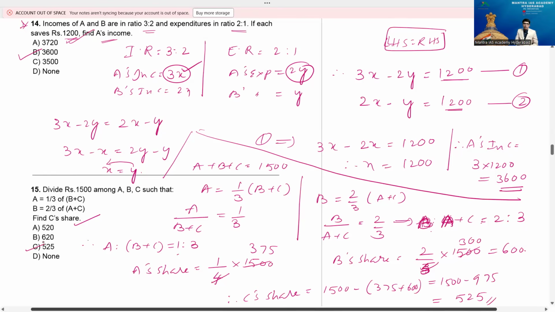So this is what you call the topic ratio and proportion. So with this base, of course, we have so many number of questions to practice. There is a lot. If you come to my academy, no doubt we'll train you in everything. Anyhow, I tried my best to give you this one. I wish you all the best, my youngsters.